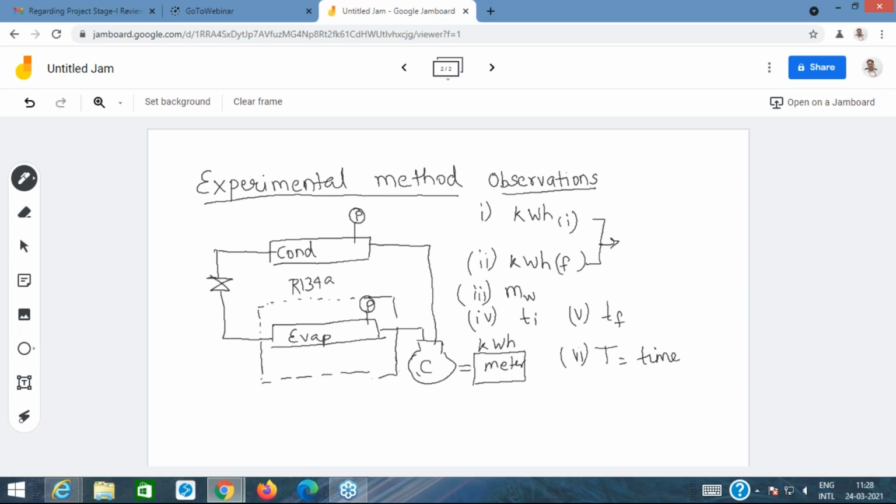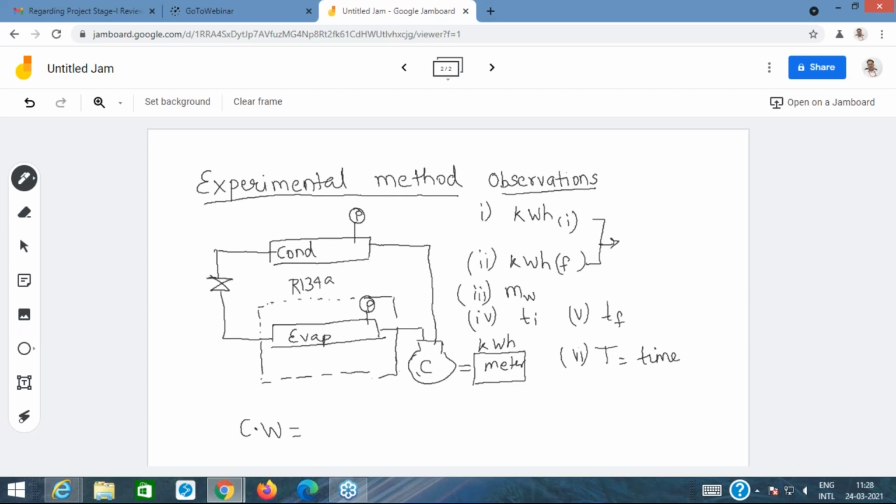if you use the energy meter constant, there are two methods actually. One is you note down the initial reading and final reading, and then you divide it by time. Now, what I had done when I had performed the experiment is I had used some other method of determination of kilowatt power consumption, which I would just explain to you in a while. Compressor power, I told you that it could be determined as the final kWh reading minus initial kWh reading upon